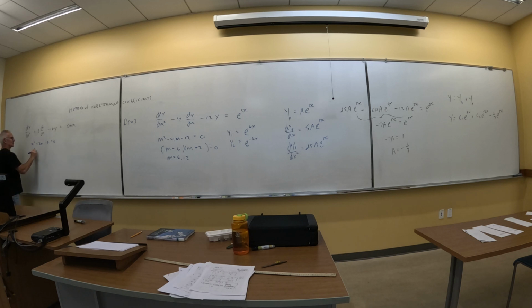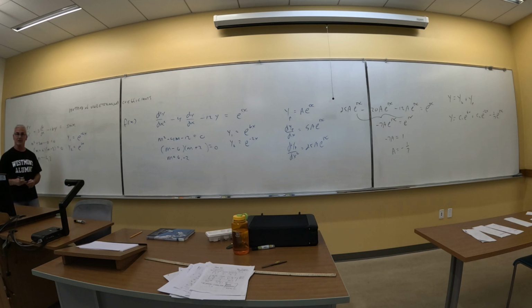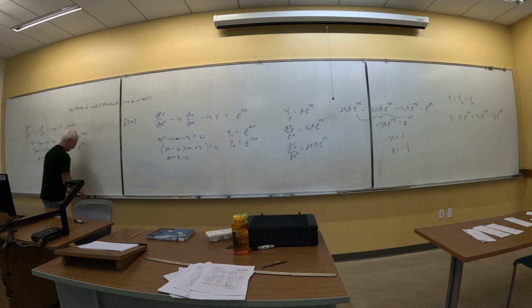So when I factor this one, what does this factorize? M minus 3. So m is -6 or +3. So I'm going to just go ahead and state them right here: e to the -6x, e to the 3x. And I know what my homogeneous solution is now, piece of cake. So now,